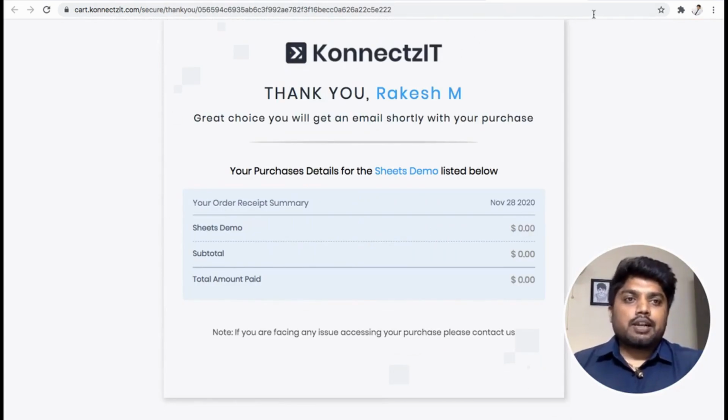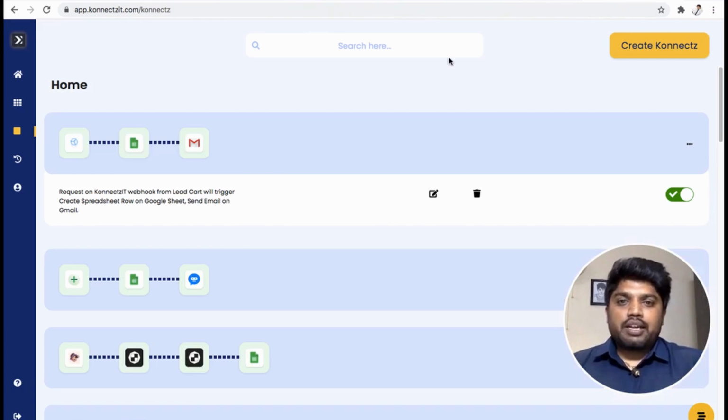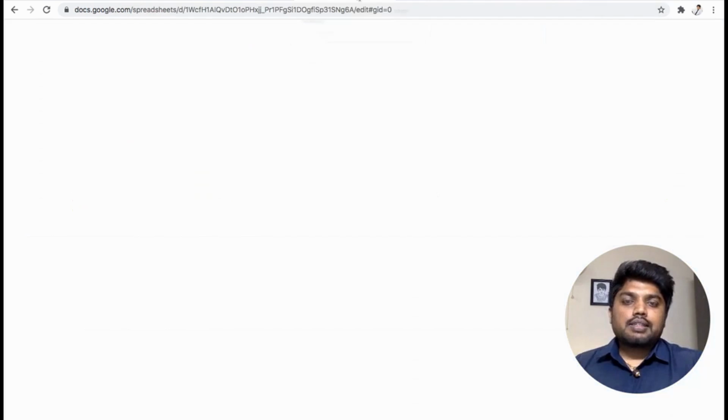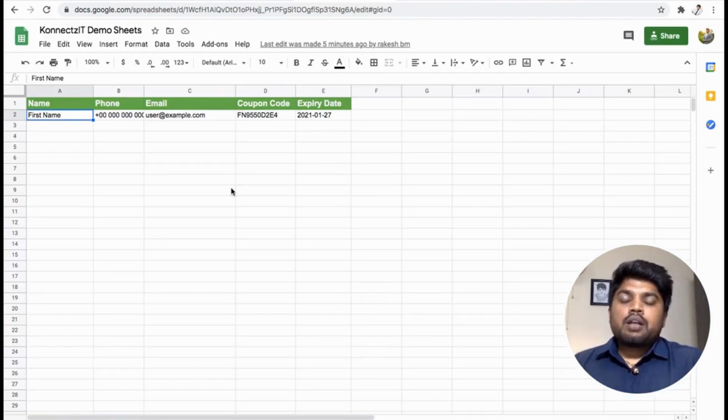According to my connect, any request on the Connexit webhook URL from LeadCart will create a spreadsheet row in Google Sheet and send an email on Gmail. Now let's go ahead and see the Google Sheet.